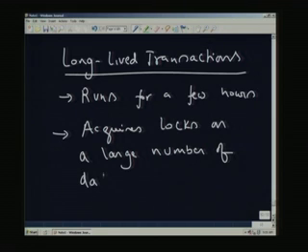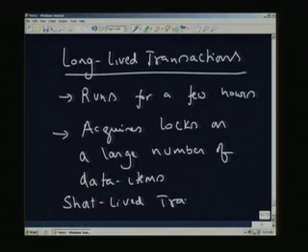This in effect introduces a lot of problems, because this blocks a large number of short transactions. What we actually have is the case of short lived transactions. Now, in the presence of long lived transactions, short transactions will have problems of execution, because they will not be able to run, their response time is going to get drastically affected